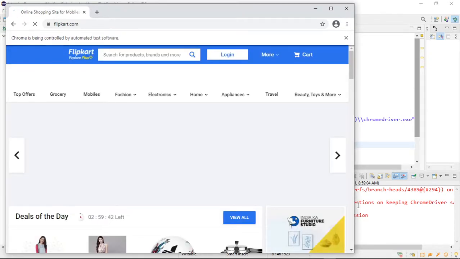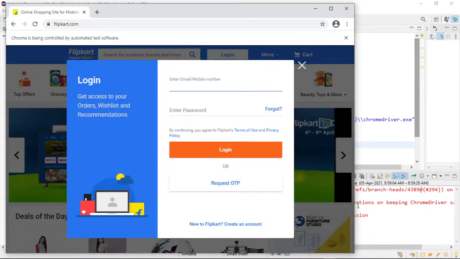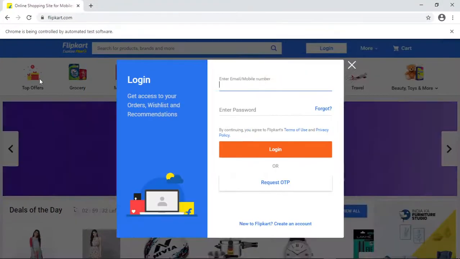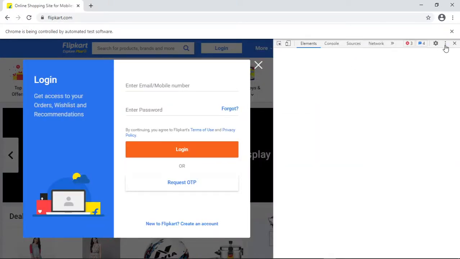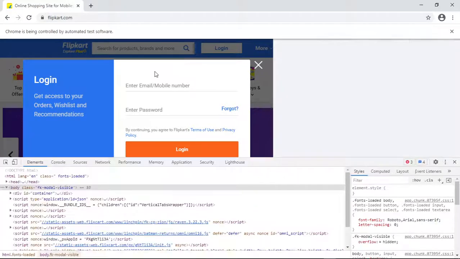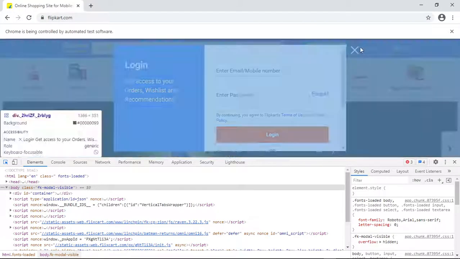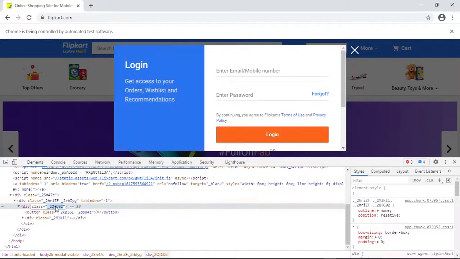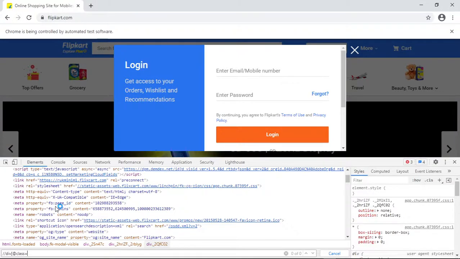So the pop-up should come now. This one? Yeah, so we close this manually and then we continue with our search. How to handle this? Is there any locator? To do it manually, you have to click on the cross button. Right-click, inspect this. So this is the cross button, so you can use this one. Div class equals to this. Okay, so we need to handle it using locators, right?